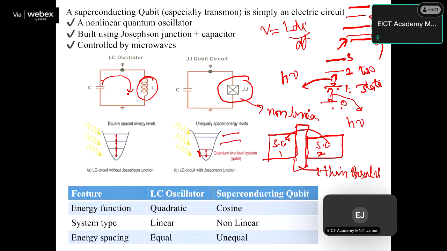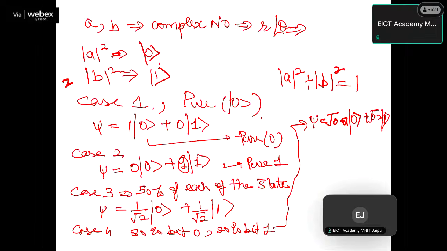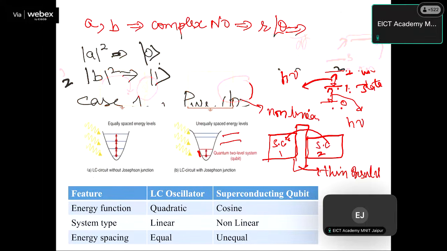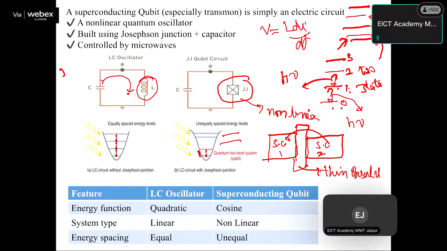That is, the energy function is half capacitor energy plus inductor energy. Capacitor energy is half CV square and inductor energy is half Li square. Here the energy is due to the capacitor, and this junction gives the cosine function of the energy,